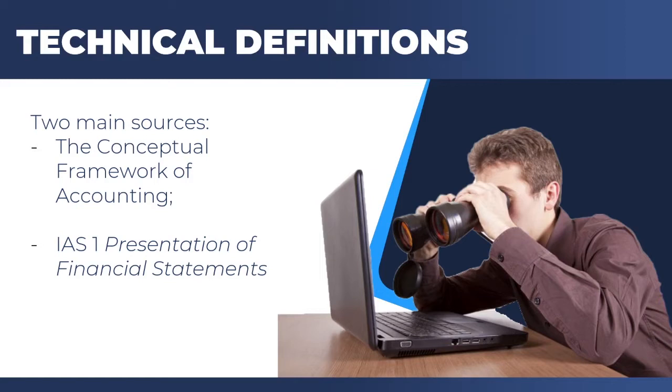So as an accountant and as a student, you know that some assets are more complicated than the ones that we mentioned in the previous slide. This is why we have standards that exactly define what assets are in case of confusion. And trust me, sometimes there is. As such, technical discussions can be found by reading two main sources about assets. Number one is the Conceptual Framework of Accounting. The second one is the IAS 1 Presentation of Financial Statements. We will be discussing both of these in detail in the succeeding slides.